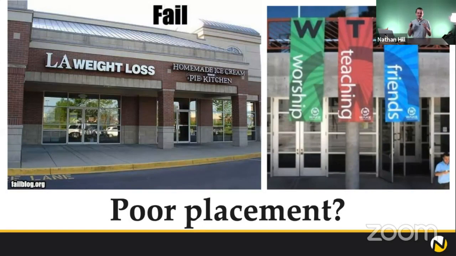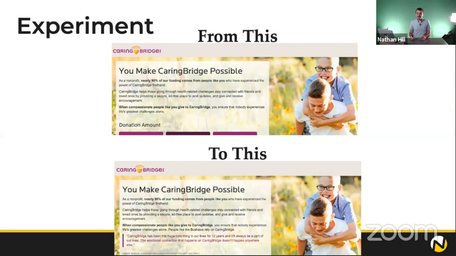This type of placement of our content, where you put something there that's unexpected, happens all the time on donation pages and can lead to some significant changes in results. Version A is just a typical donation page. You've got a headline, a background image, some copy, and then your donation form. Version B is the same exact page, same exact form, but there is one key difference, and that is